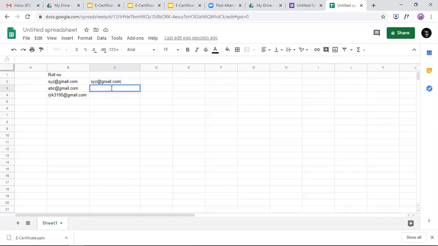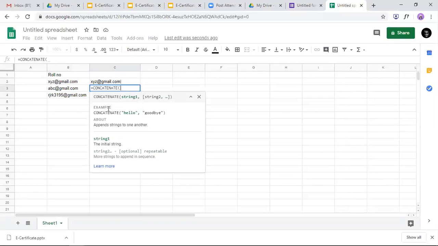Then again, equals concatenate, open bracket.